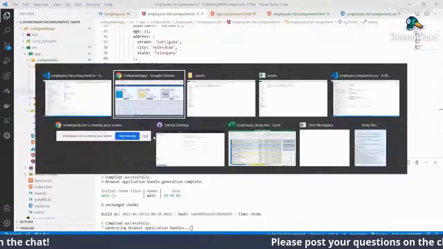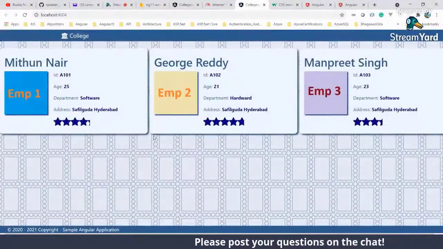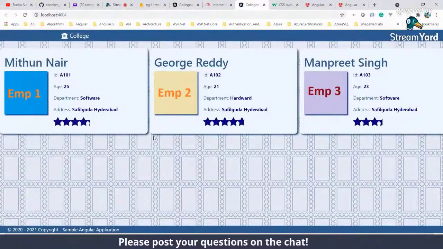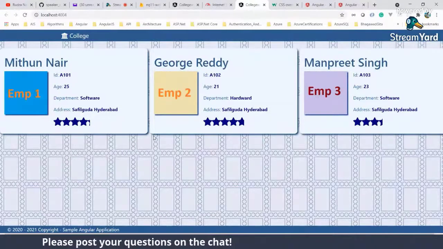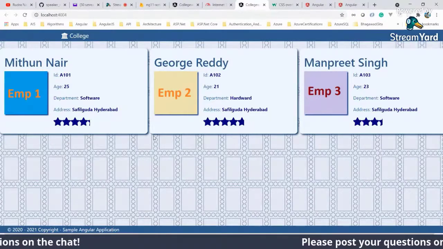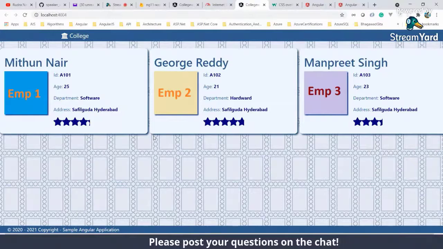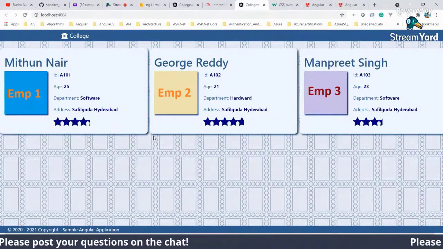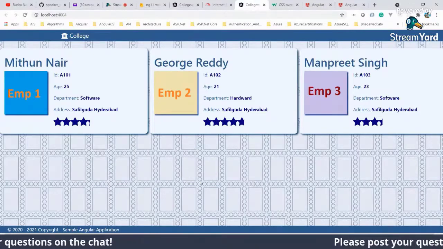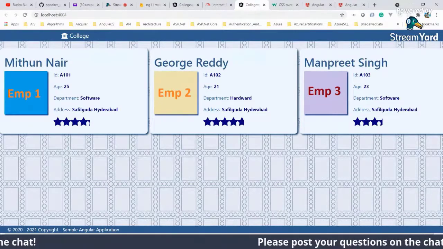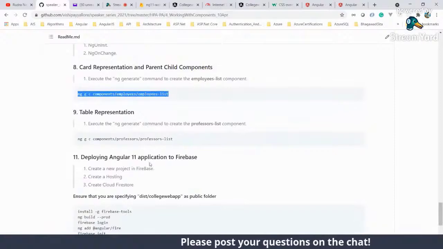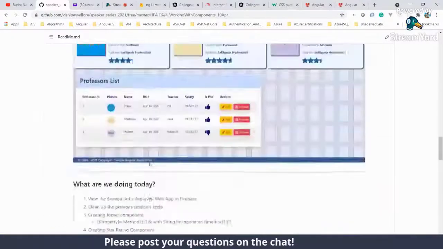Assume that you're getting the data from some backend service. Everything will get displayed purely based on whatever is coming from the backend service. Nothing we are doing from the front end. Everything is coming from the back end. So this is one of the representations. I thought of showcasing another one also, but I will mix that in our next demo.